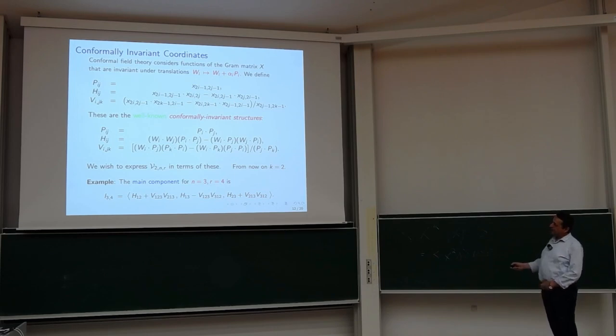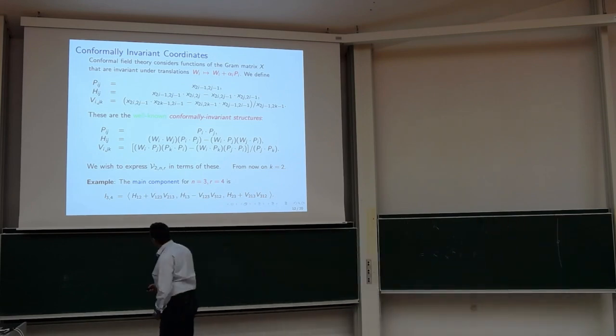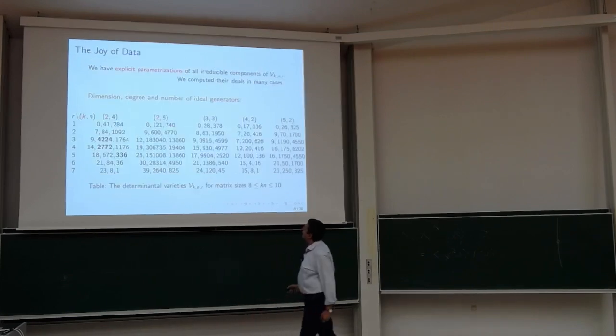Well, for example, if we take the n equals 3 case that we looked at in my example, r equals 4, it turns out that the ideal is very, very simple. The main component has just this representation. Now this looks inhomogeneous, but there's actually a grading, a homogeneous ideal, and there are two terms. So this very, very simple expression for